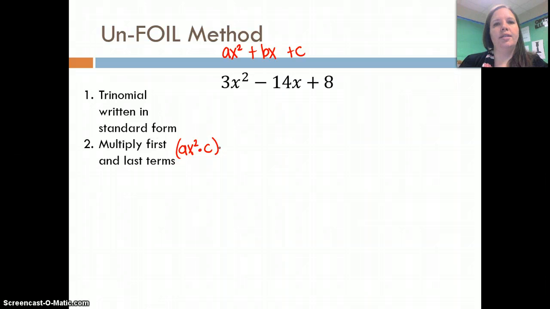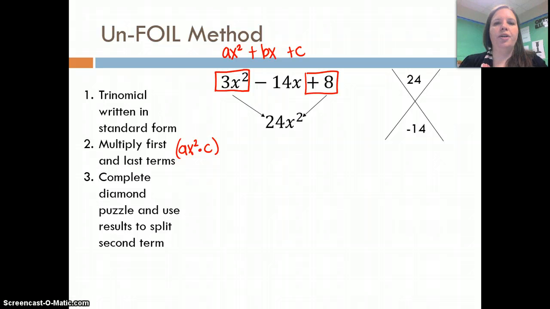And so in this case, we're going to take 3x squared and multiply it by positive 8, giving us 24x squared. Okay, the reason we're doing that is, and I told you guys to keep this in mind because it would come back to you and relate to this factoring eventually, we are going to use these two numbers, 24 and negative 14,